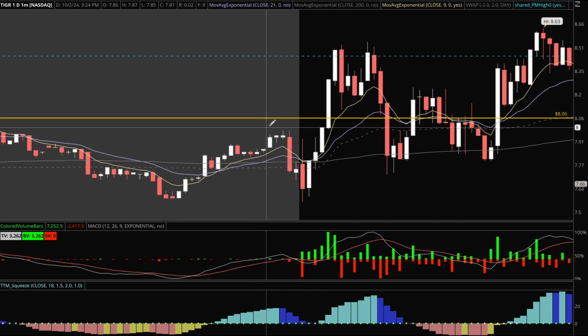Ideally, you would either want to be entering at the breakthrough of the previous candle, which was here at 790-ish, and enter here or here as you're breaking through this resistance level from the double top at $8, or wait until you break through that major resistance level that it didn't maintain through the latter half of pre-market at 806. So there were 3 possible entries: breakthrough here at the high of the previous candle, breakthrough of the whole dollar 8, or breakthrough of 806, and then you move to about 862, another 863, but it didn't maintain. Then you have a pullback back down to 7, and then people just try again. So yeah, but moving forward onto our next stock of the day,